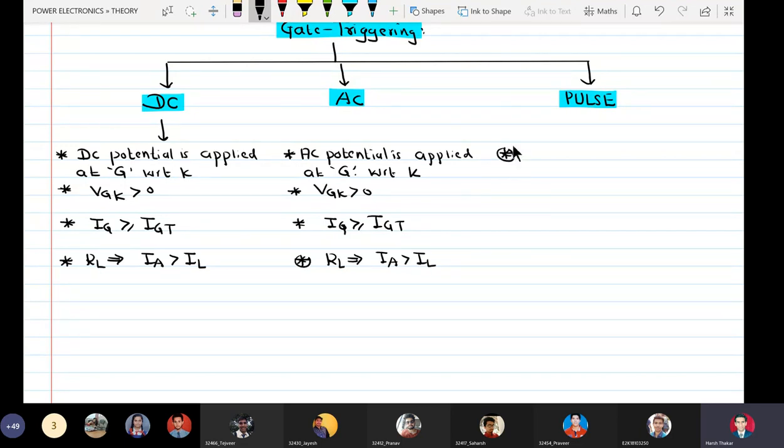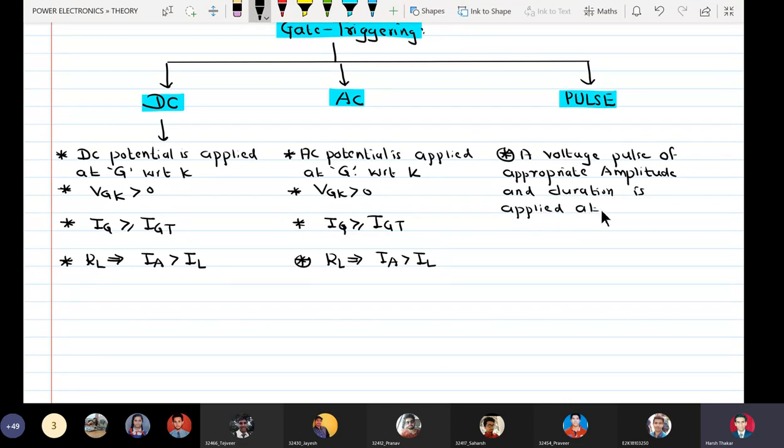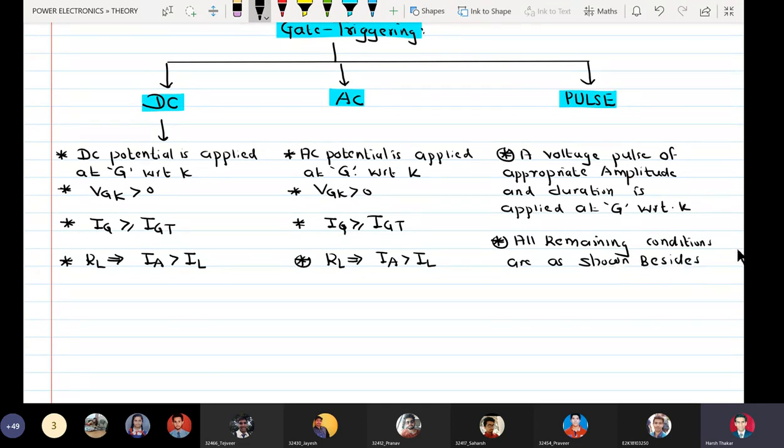In case of pulse triggering, a voltage pulse of appropriate amplitude and duration is applied at gate with respect to cathode, and all remaining conditions are as shown beside.